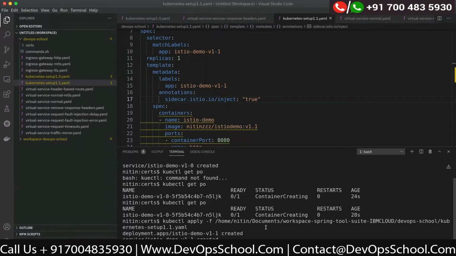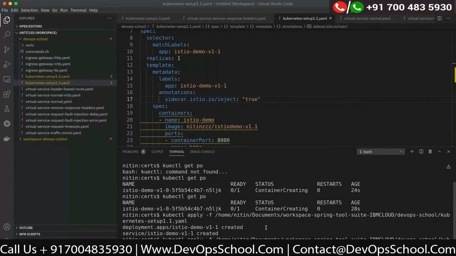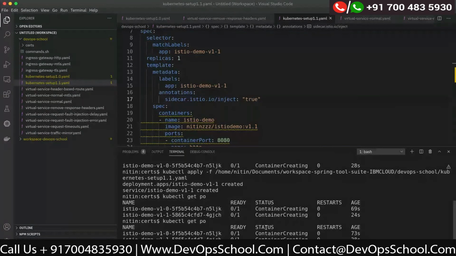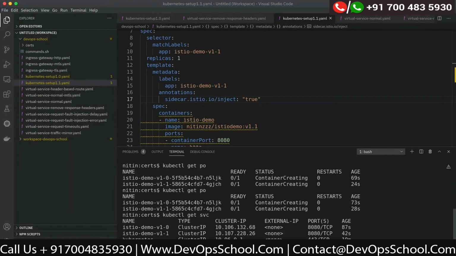So let me see if things are running. Okay, it's still creating the containers. And let me see if my service is running. So my two services have been created successfully.